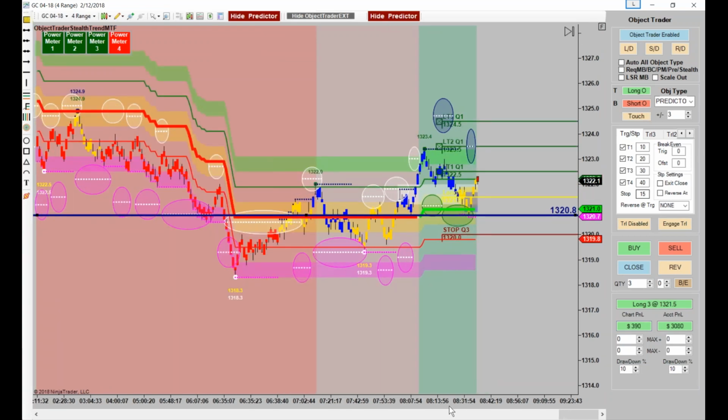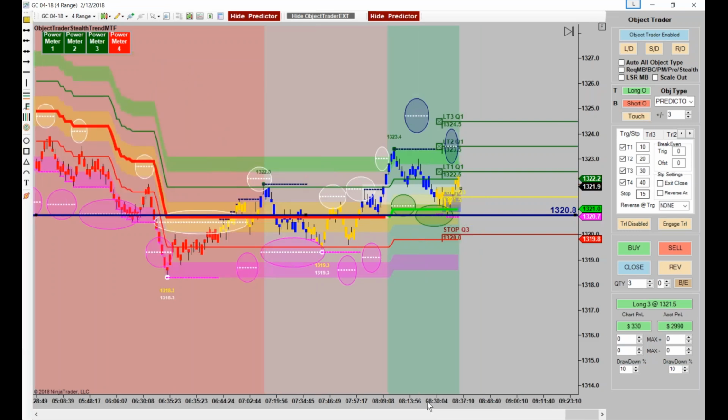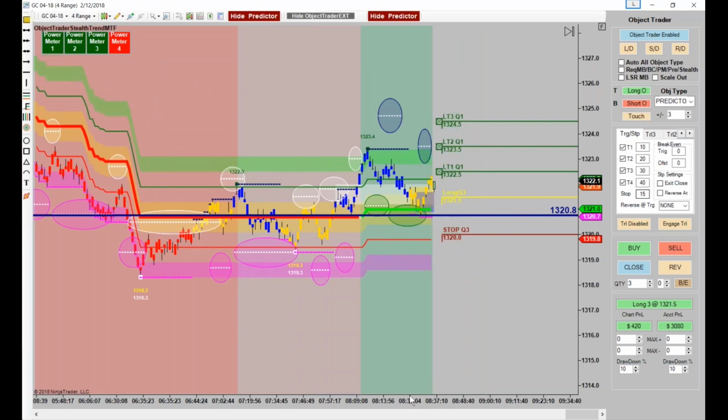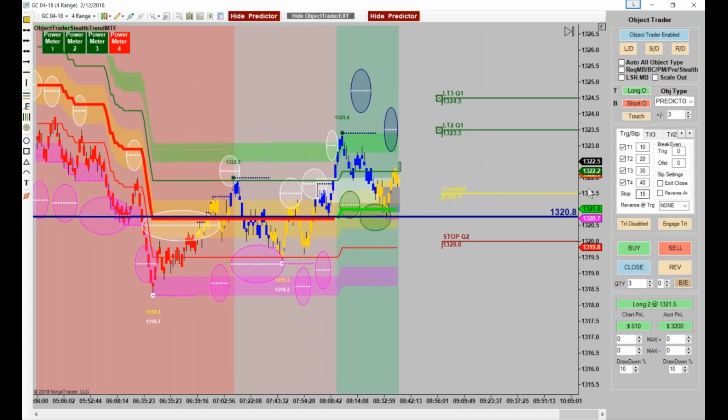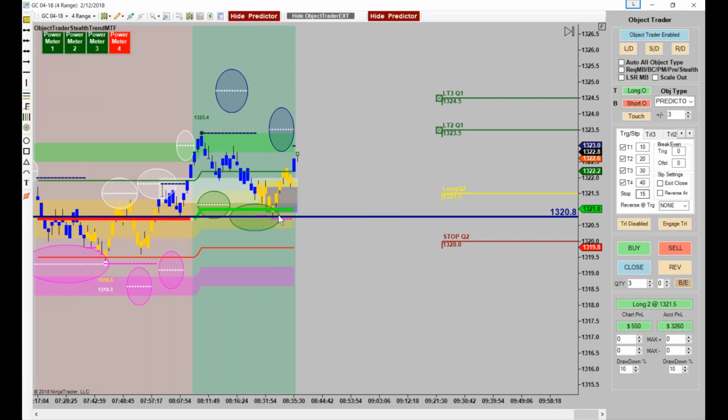Remember? Called that one live in the room also this morning. Predictors can make a difference in your trading, I think, really, really well, especially if you're more conservative. Like I say, I'm going to stop this for just a moment to show you something. Let's say that rather than getting filled here, like I just set this predictor touch plus 3,